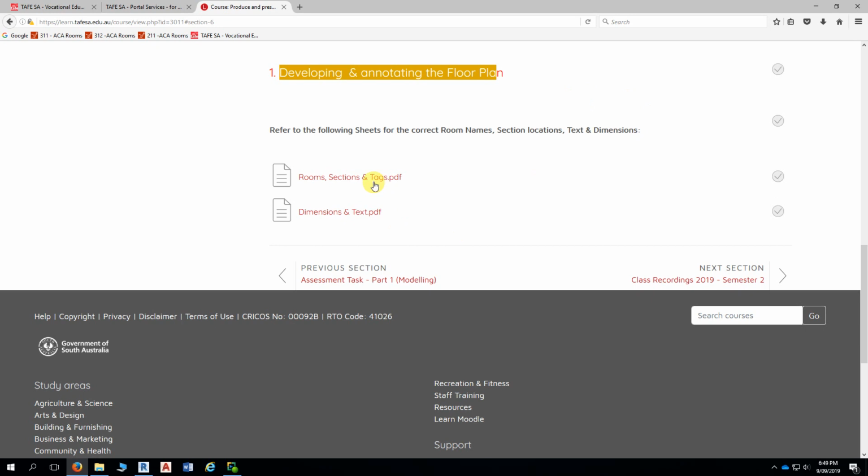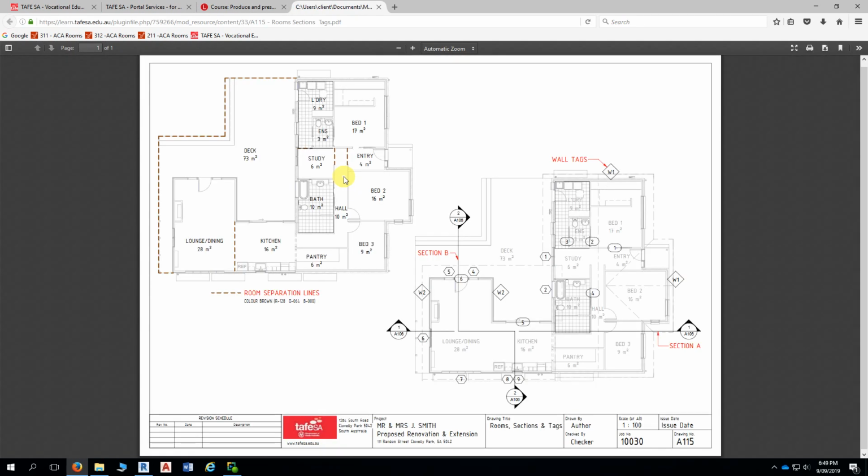Now, down here there are 2 separate PDFs. There's one here for rooms, sections and tags, and a second one for dimensions and text. So we'll just have a look at one at a time. So this one here, rooms, sections and tags. If you just open that one and have it sort of docked on your second monitor,